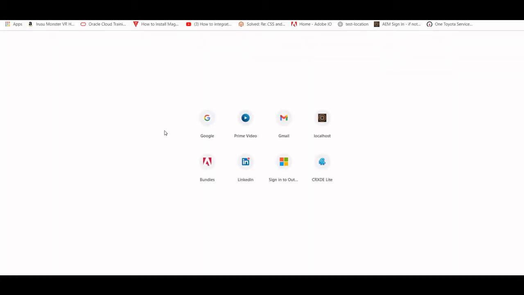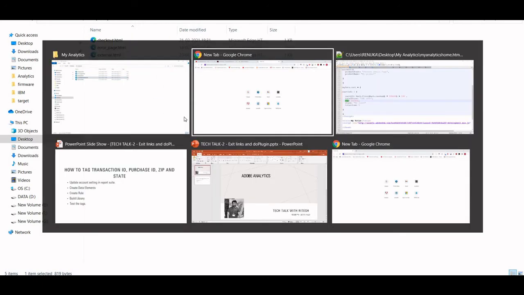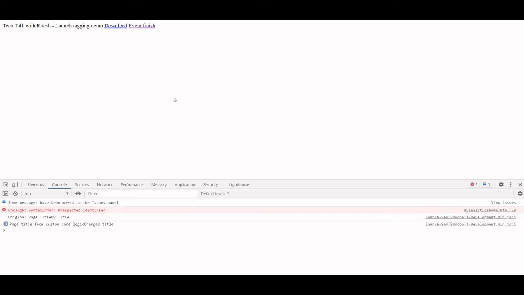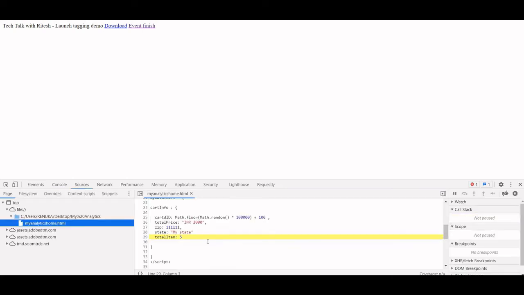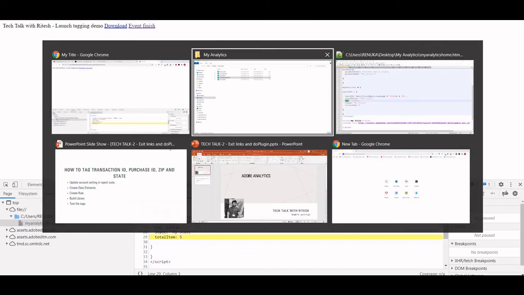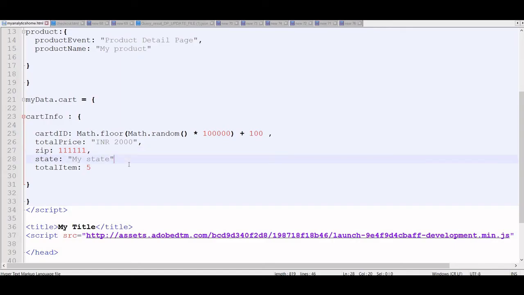Let me open a new page, the page in which I have this data layer. Let me hard refresh this page. Something is not looking good. Okay, I missed a comma. That's fine. Now it looks good. Let's save it.